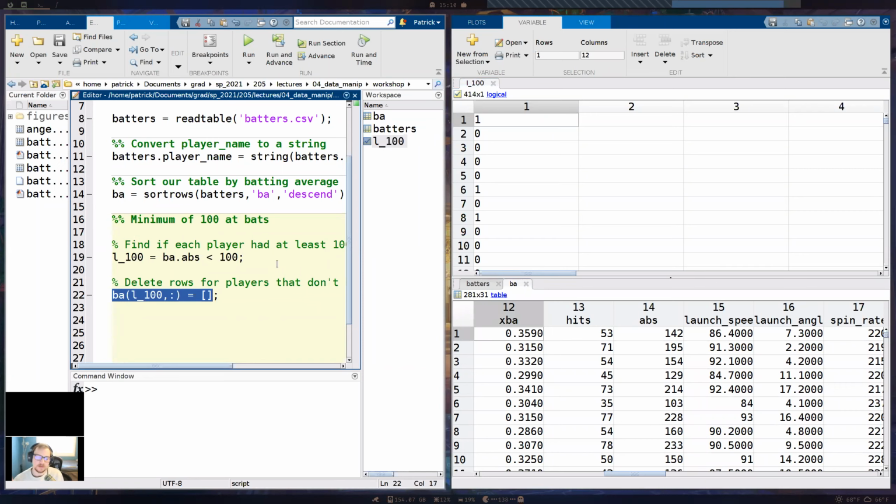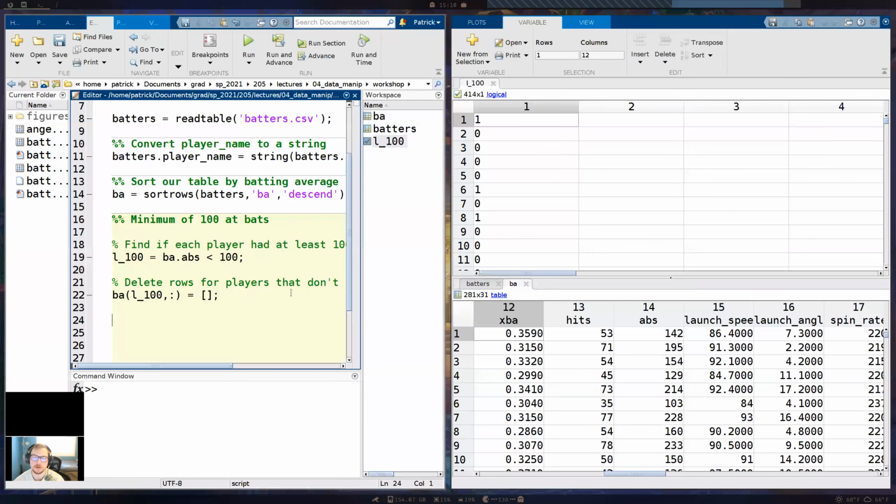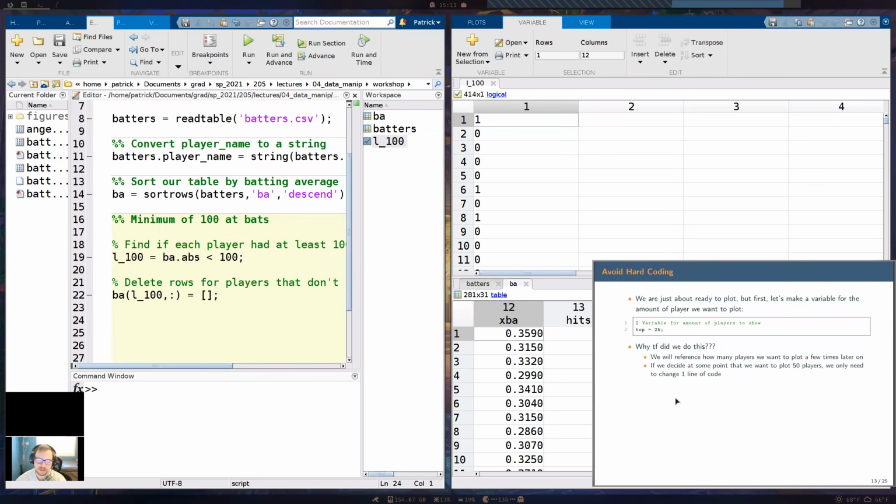I know that this is kind of a lot of stuff to take in right now, so you might want to look at this video again if it's a little much. That's what we did, and now we're going to do some more familiar stuff. Now we're at the point where we can actually make our plot. I guess not quite yet. We're almost there though.